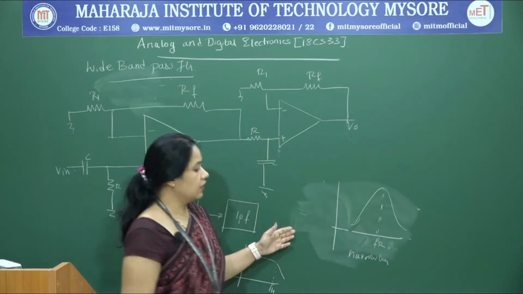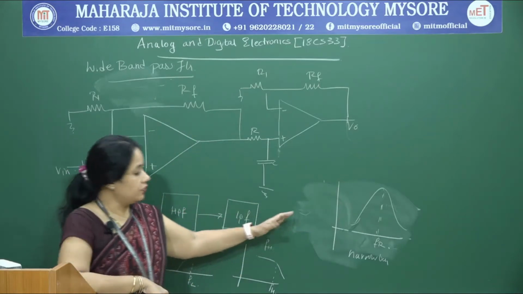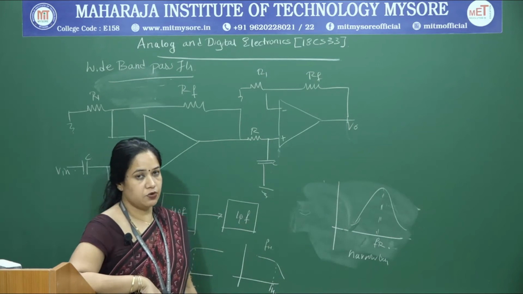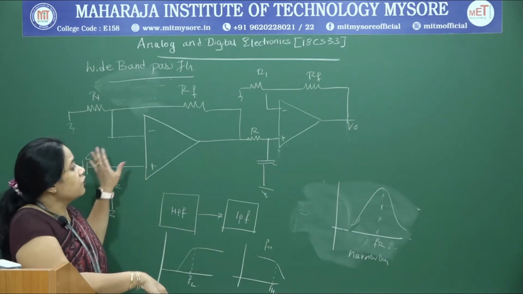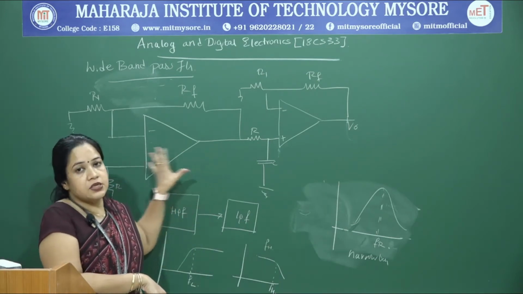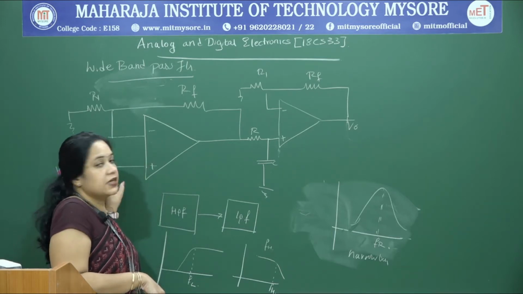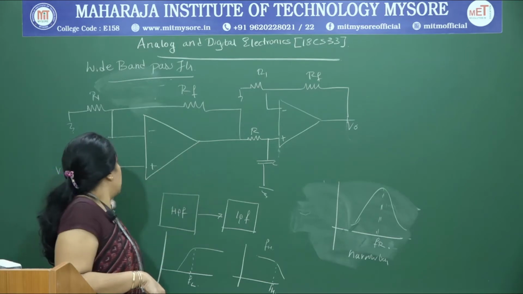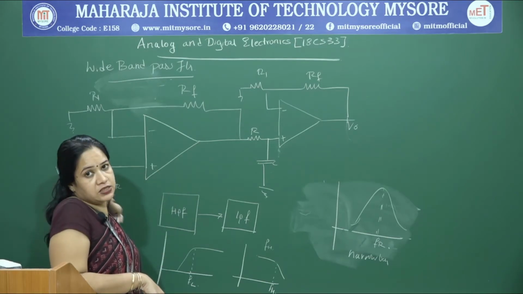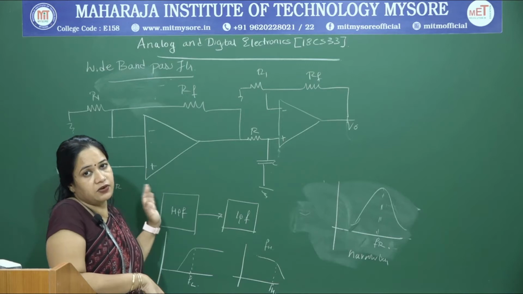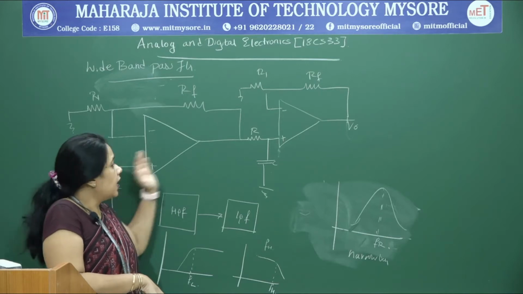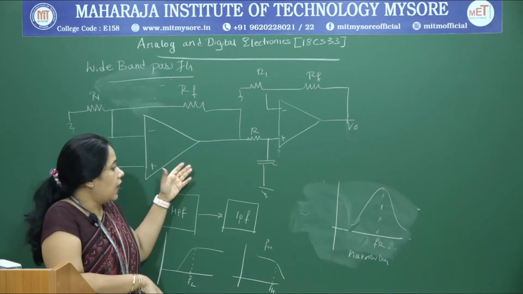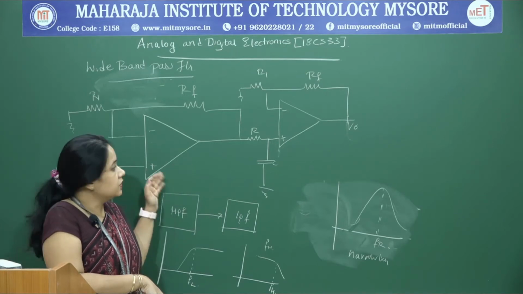So we can come up with a design of a narrow band pass filter which produces a bell shaped frequency response. What we do here is, instead of using two op amps, we cascade a high pass filter and low pass filter one after the other, RC section, high pass RC section and low pass RC section one after the other, and we connect it to an op amp to add the advantages of the active filters.